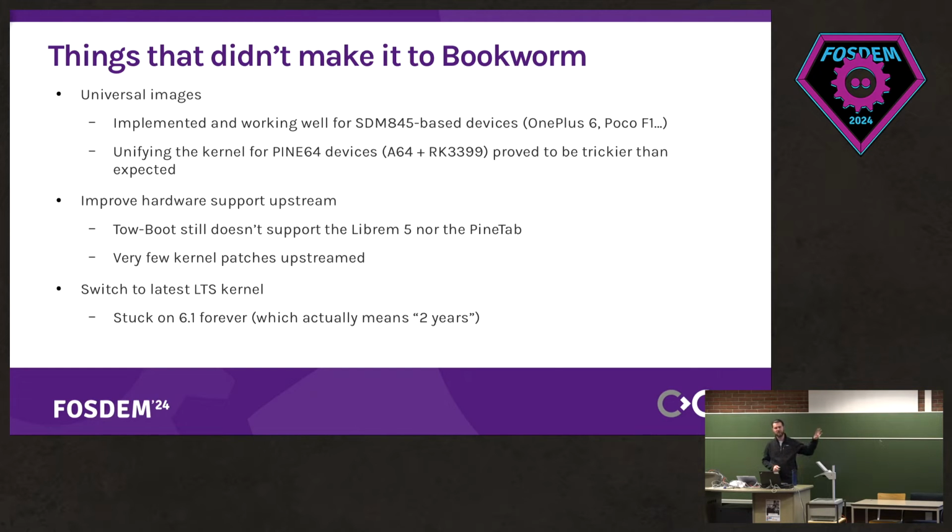So that means that Bookworm is stuck forever on 6.1, which is not too bad because the life cycle of Bookworm will end in about a year and a half. And until then, this kernel will still receive security updates and bug fixes. So as long as Bookworm lives, the kernel lives along with it, and we can get up to date and avoid security holes anyway. However, the next release, which I'm about to talk about, is Trixie and is already on 6.6.